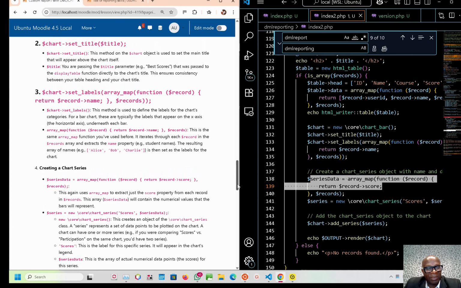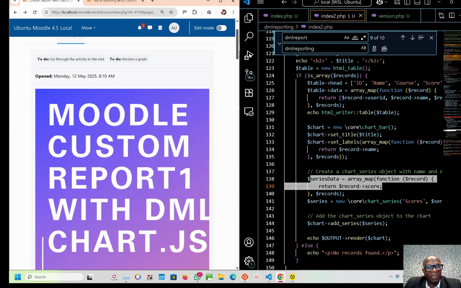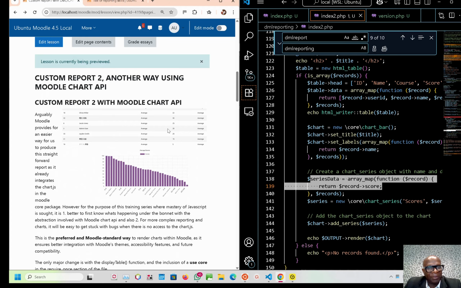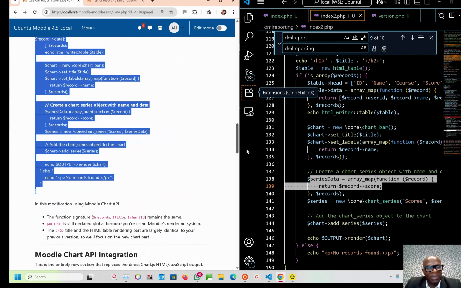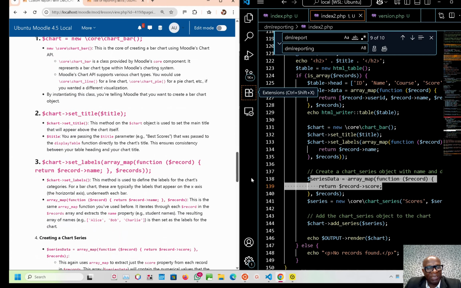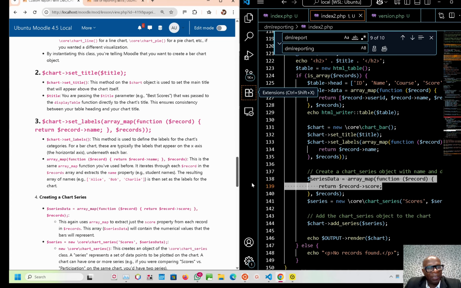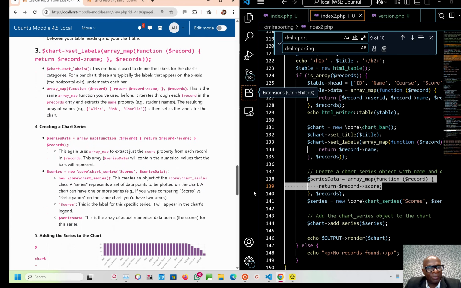Now let me just quickly go here, in case we missed it out, but this is actually one of the big differences compared to chart.js. This is what the Chart API looks like. It looks slightly better, and you can see this is a series here, so everything looks a little bit more Moodle compatible with your theme. Okay, so